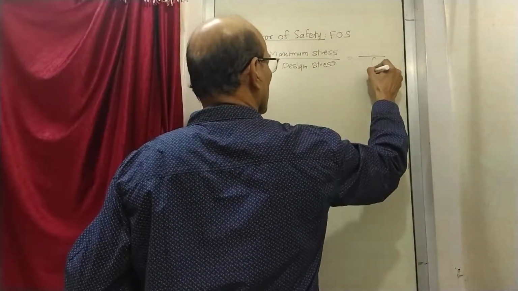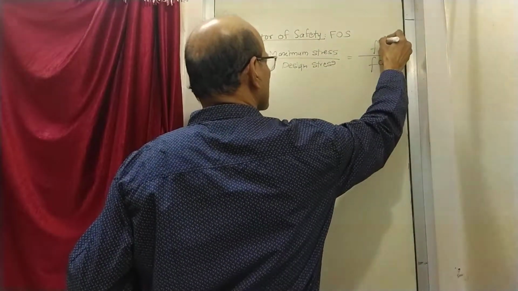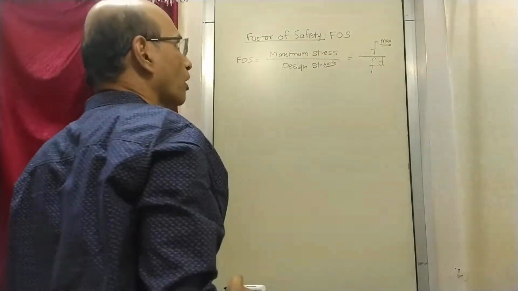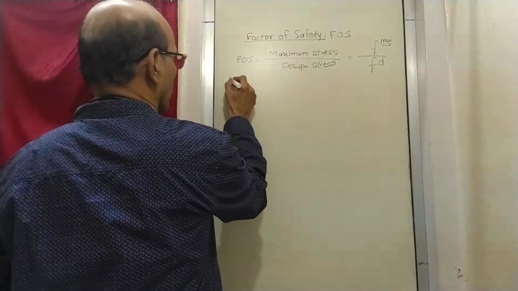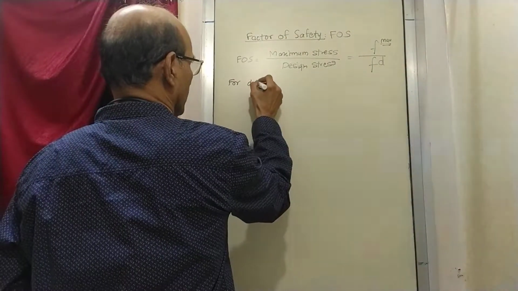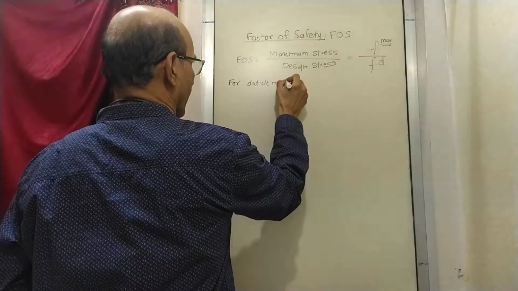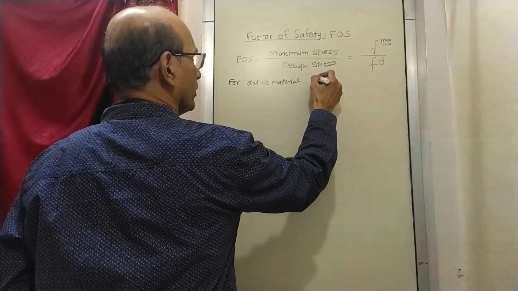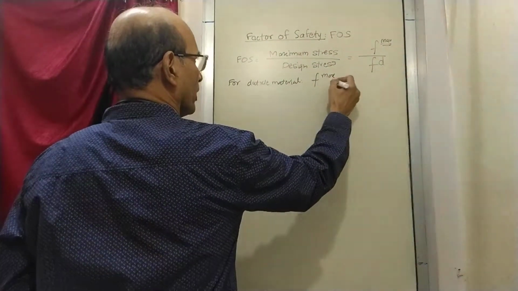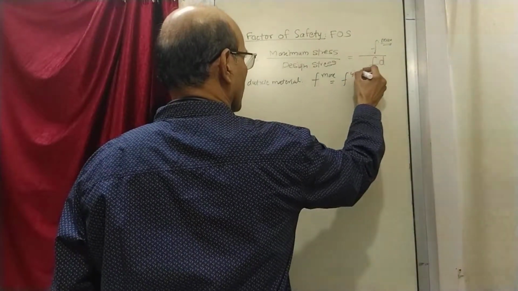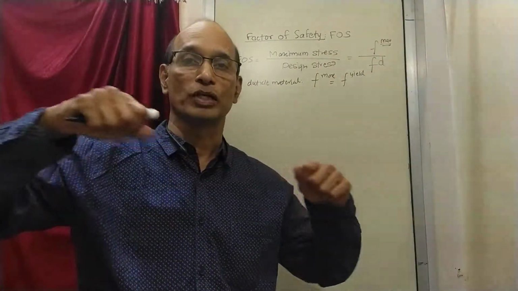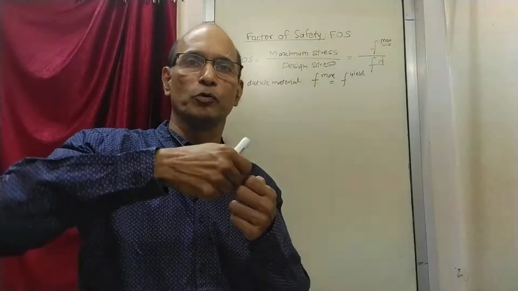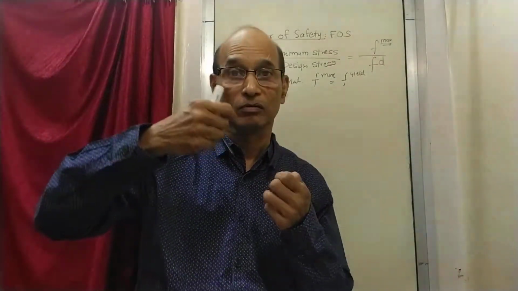So in this example, FD, and this is something, variable maximum. Now what is called as maximum stress? That is variable. Now I'll write here for ductile material, if F max is F yield. So what it means? If the material is ductile, it means something which can be stretched, say like steel. Steel, if you go on stretching, then it will stretch and then it will break.